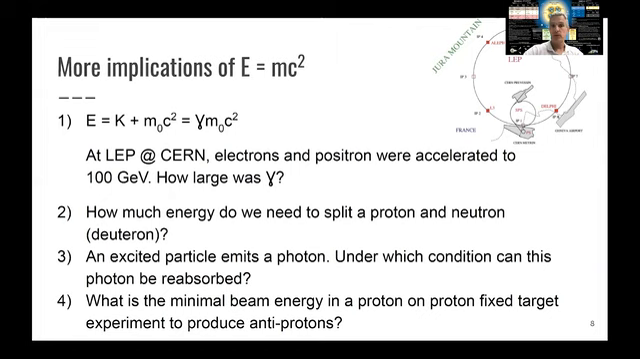Another question, which is quite exciting, is how much energy you need in order to split a proton and a neutron, which is a bound state. It's called a deuteron. And it's a fundamentally important particle in the evolution of our universe, in the sense that in order to generate